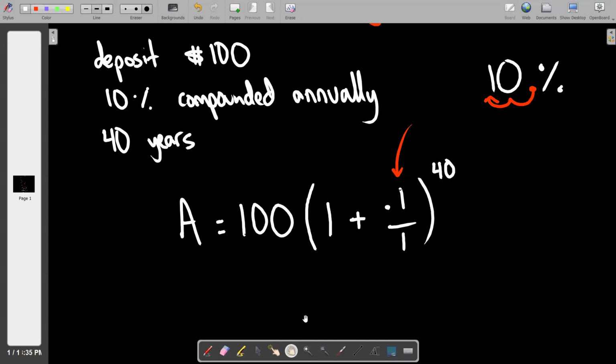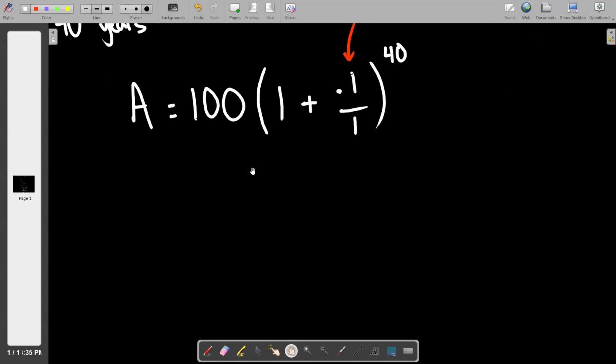So here's what it's going to look like. You better get good at this because it's all you're going to be doing for a couple days. So I'm going to start by typing the number 100, and I do not need to put a times sign. I'm just going to start a set of parentheses. And then I'm going to put 1 plus, and listen,